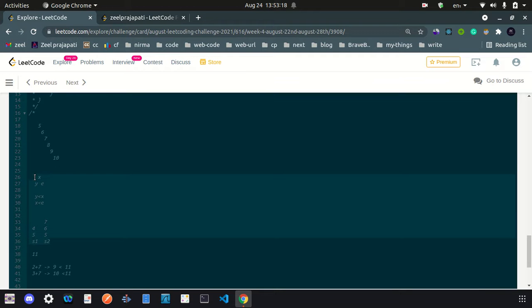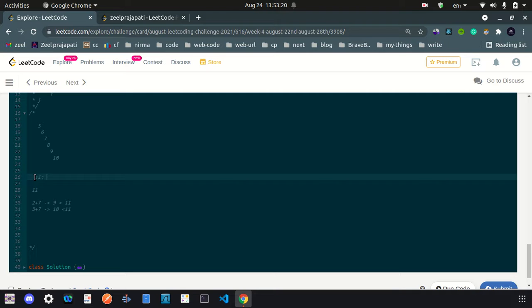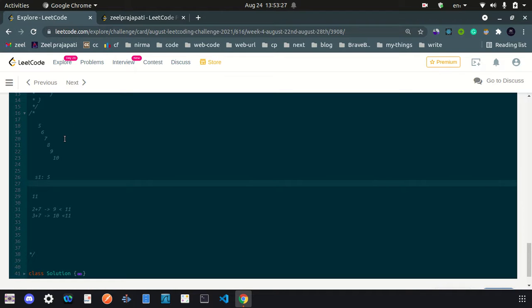I am representing it horizontally. What is the first value pushed into the stack? In the first stack will be 5, and we do not have any value left. And what about the second stack, so we have 5, then 6, then 7, then 8, 9 and 10.